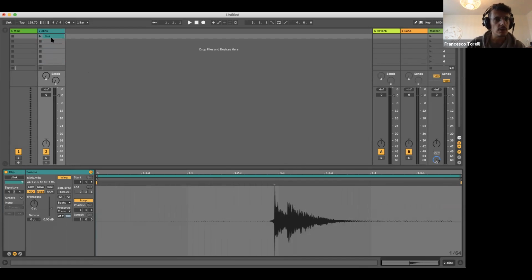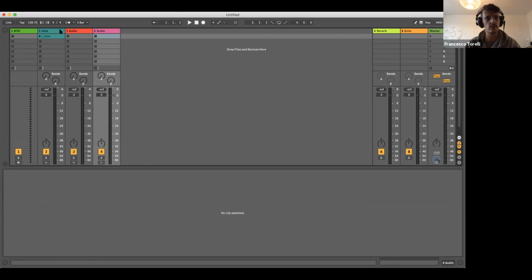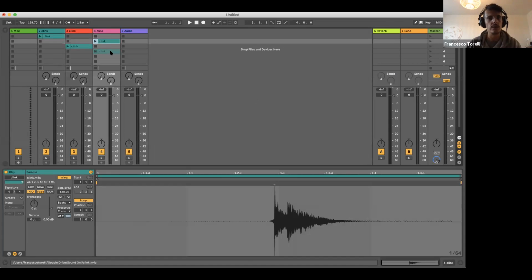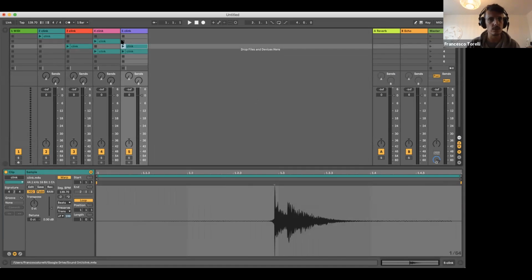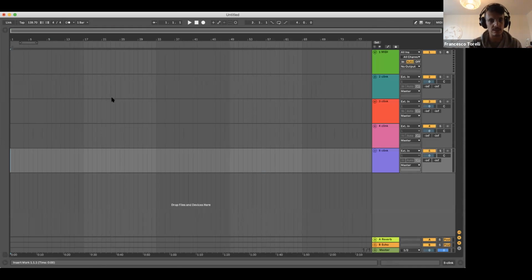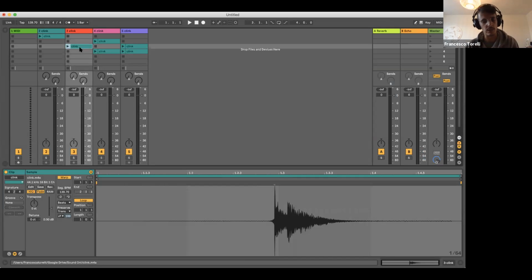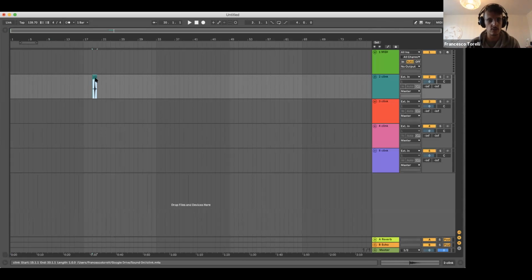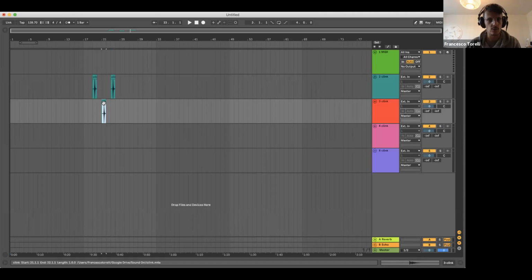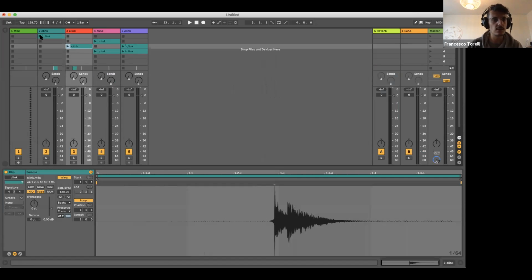If we load a sample inside a clip here, we will not find it in the timeline here. So basically the idea of the software is that we can have a lot of different samples loaded in a lot of different tracks here, with different sounds, and we can play between them and decide and have a composition, or just play them live and mix them. And either we can record them in a timeline, or drag and drop them, or copy and paste them on a timeline. This way we can actually organize them in time. So the main difference is that if we play sounds here, like for example this,